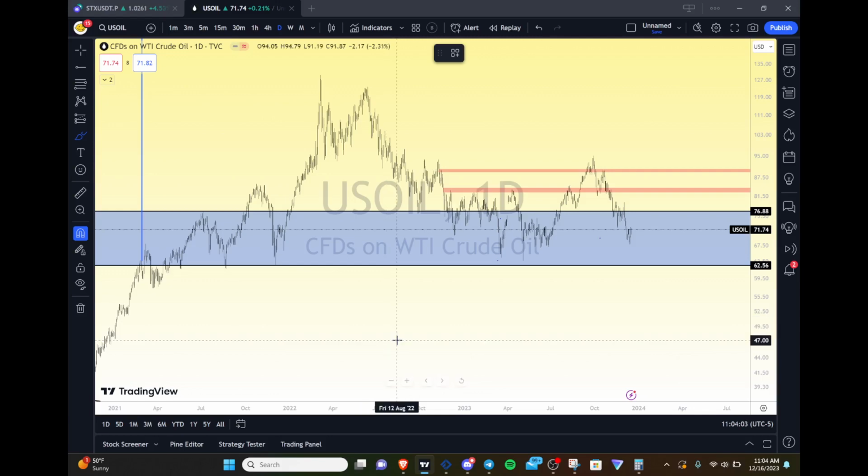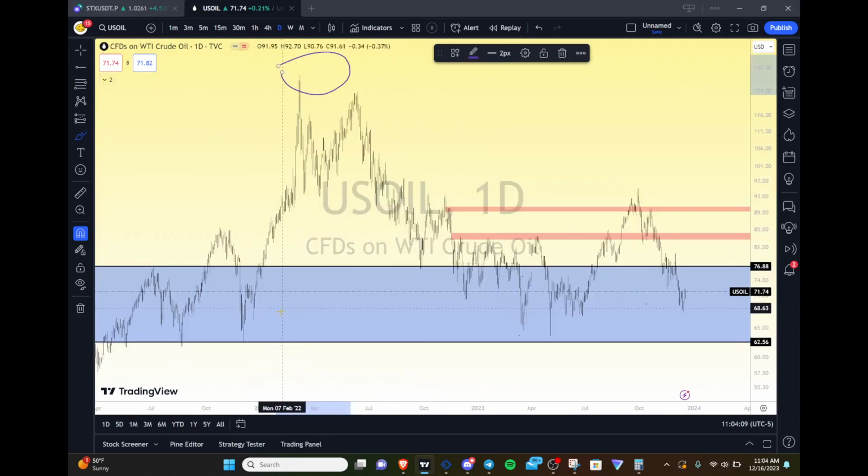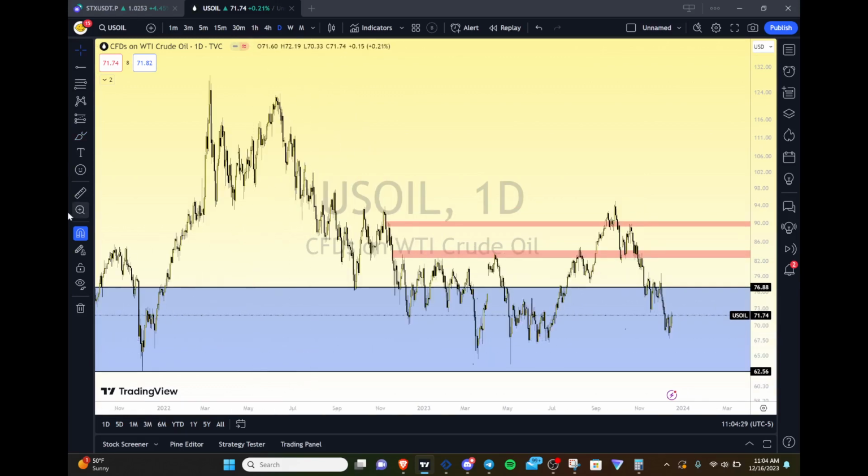Nothing's changed. And the reason I can say this is because here's the high of oil, but right over here, this is the protected low on oil, right down here at $62. So far this area has been defended greatly. Now, can it be taken out? Of course it can. Nothing's set in stone in trading, but until that level's taken out, there's no point in being bearish on oil. You gain nothing from it. So far what I'm seeing is that we had a nice retracement back down.